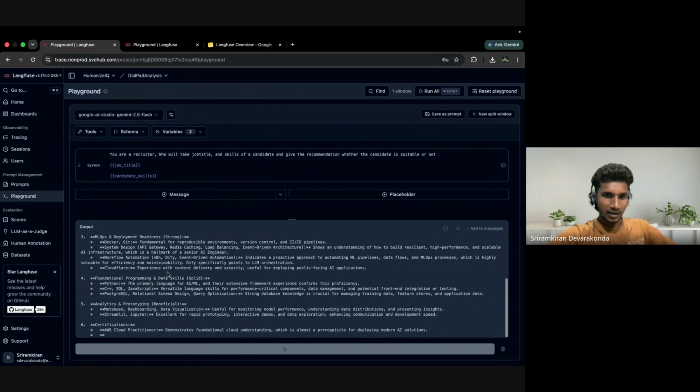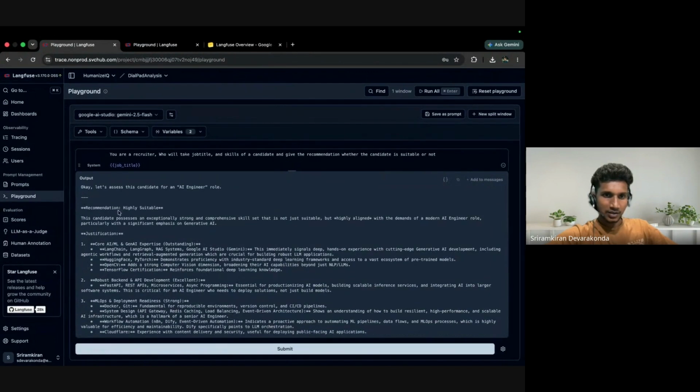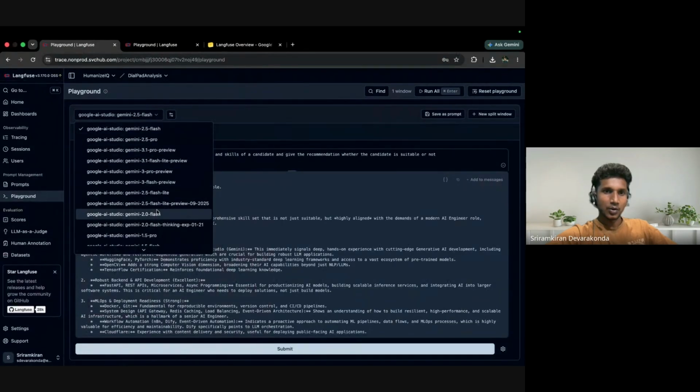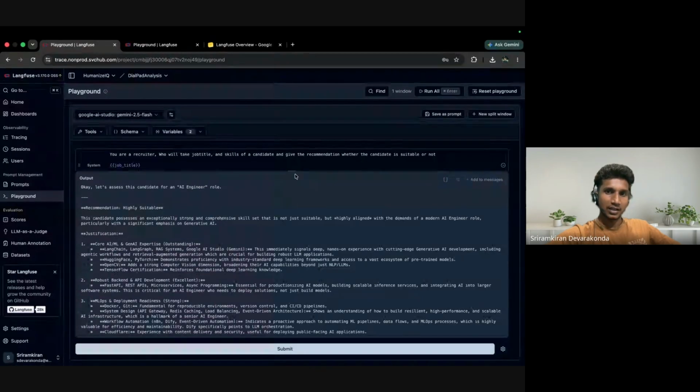See, it gave it like this. It gave this full information. This is generated by AI, where the model we chose here is Gemini 2.5 Flash. Like as we create prompts, we select a particular LLM model, right? In the same way in Langfuse, you can select the type of model and orchestrate your prompt accordingly. So what it gave,